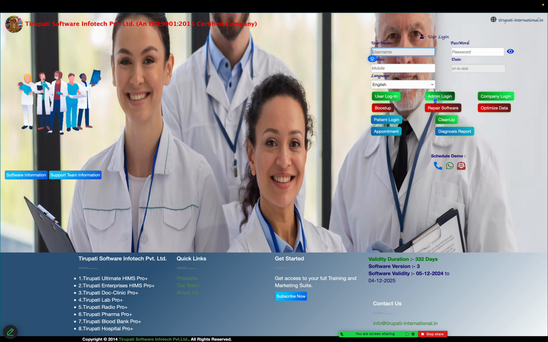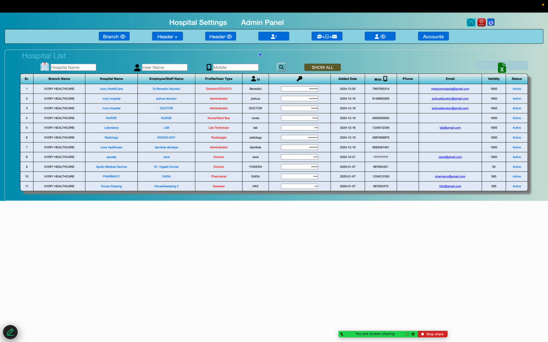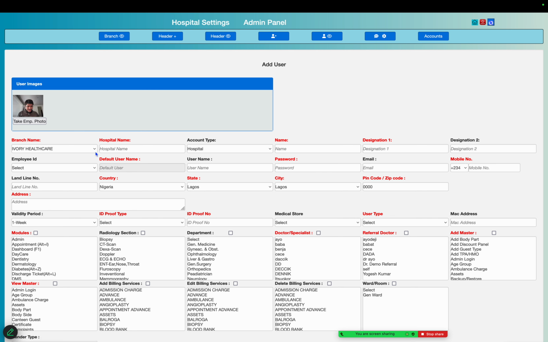Okay, so we shall go to the admin login for that, and we go to our administrative ID login, and I'll make a laboratory scientist user, that is called a lab technician or lab pathologist. We go here, the user account create button, and we will make the lab user name like lab test.